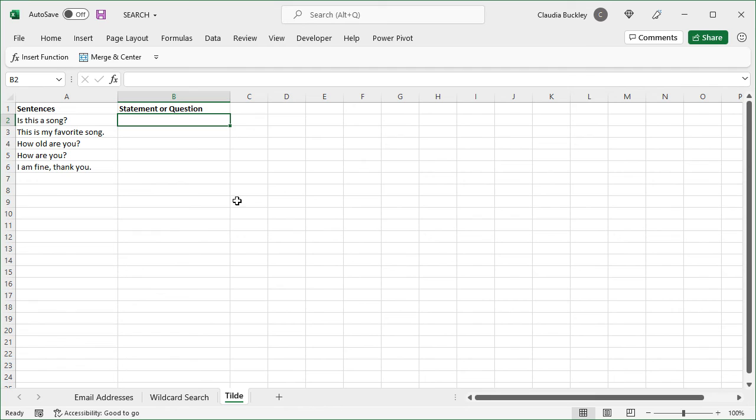Now let's find out how the tilde works. Here we have 5 sentences, and we want to find out whether they're questions or statements. So let's do a search for a question mark. So the text we want to search for is a question mark, but we have to precede that with a tilde. Otherwise, Excel will misinterpret the meaning of the question sign. So we have tilde and question mark within double quotes, and the text we want to search for is located in A2. So a question mark is at the 15th character,